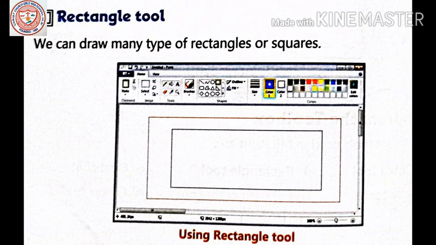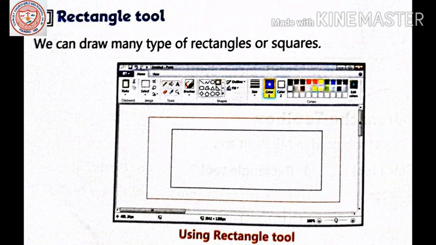The steps to draw a rectangle are: select the Home tab. Click the rectangle tool from the shapes group. Then choose a color from the colors group.